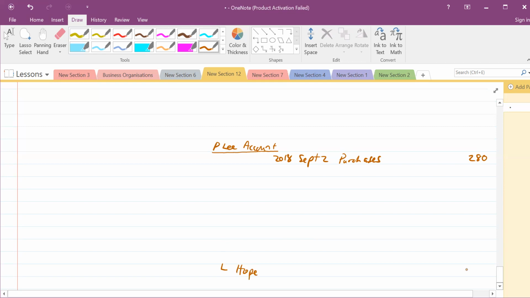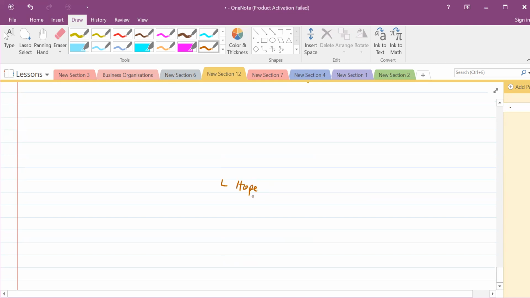right? When we're writing though, we're writing accounts as they are given to us as the transactions appear, so that we don't mix up. But we will actually be recording these in the appropriate books they're supposed to be entered in, the accounts that is. So LHOP there, we have sales on credit of 418, which means it's increasing our debtors, and LHOP is a credit customer, a debtor found in the sales ledger. So 2018, September 8, we write sales, okay? How much? That was 418,